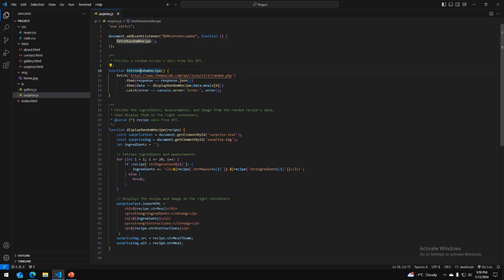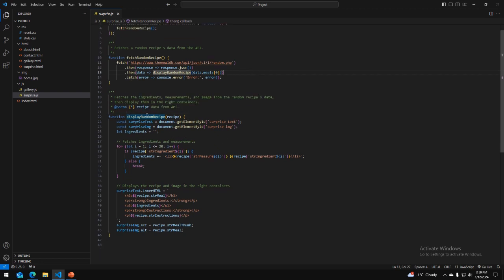This random recipe function is what fetches from the API. So this is a function in the API, the random recipe fetch. And then with the data that I get, I use this function, display random recipe,